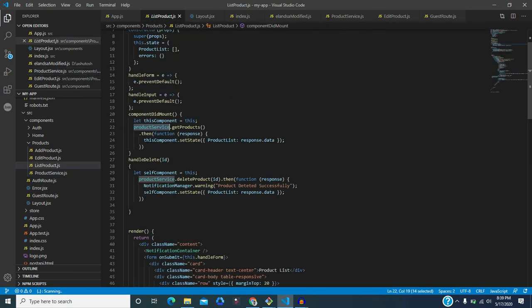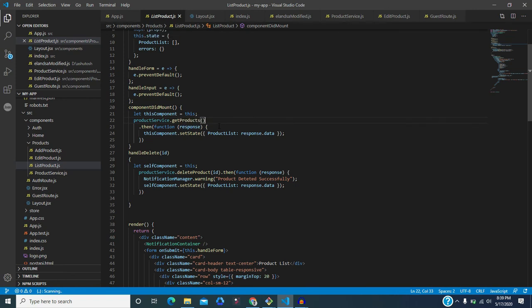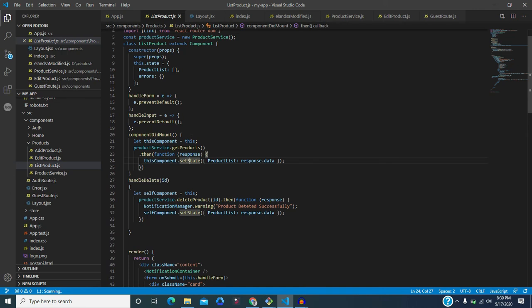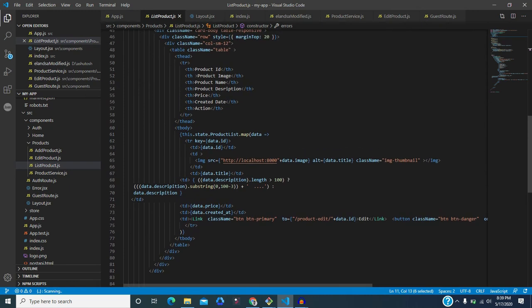Here it is imported, and from this object we are calling get product, and we are getting the product and setting the state, updating or assigning the data to the product list. What we are doing is showing each of the data on the row.